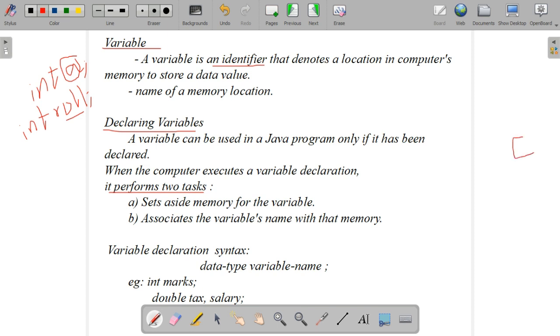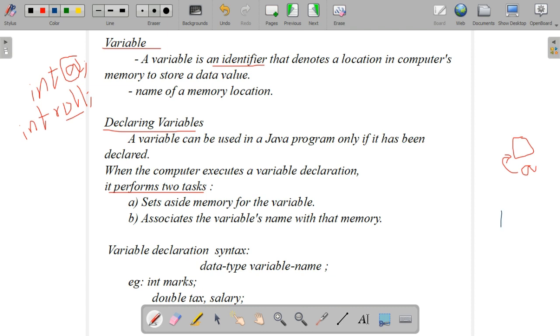So first it occupies space in memory, then the variable name represents that memory. For int a, it will occupy some space in memory, and then the variable's name is associated with that memory.